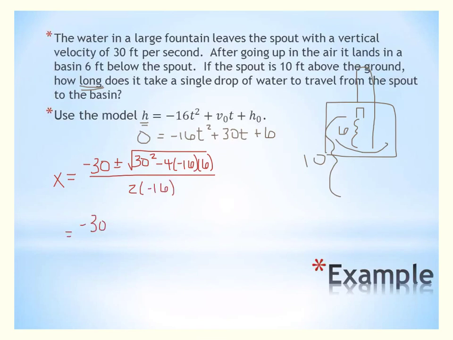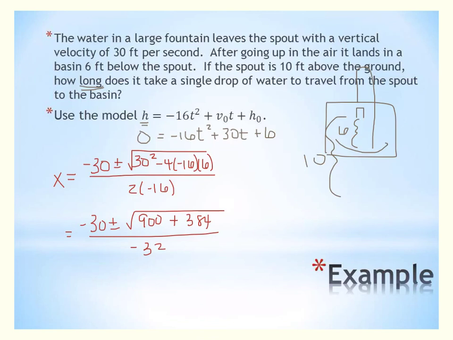So negative 30 plus or minus the square root. 30 squared is 900. And it's going to be plus because I have a negative 4 times a negative 16 times a 6. So plus 384 all over negative 32,